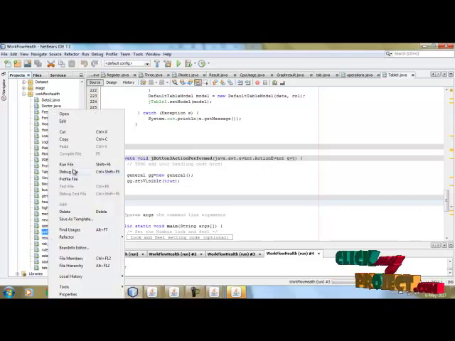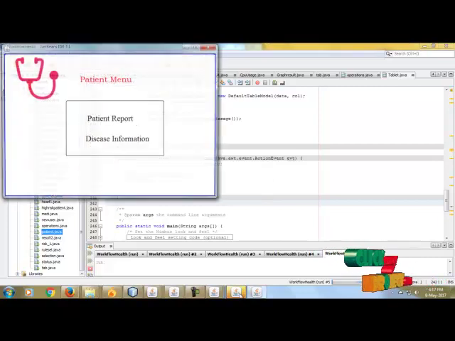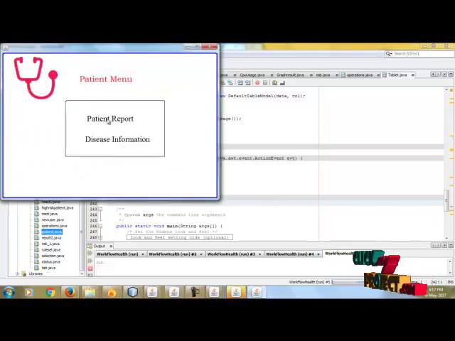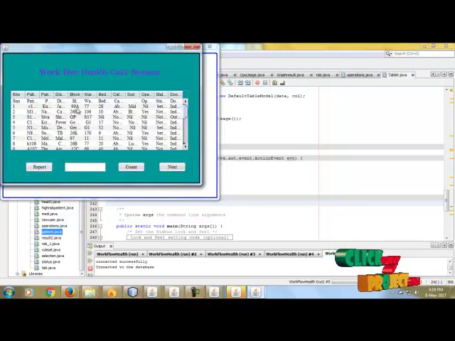Okay, so next we will click the patient. Next we will click the patient menu. Its process is going. Okay, and so this is the patient menu. So this is the patient report. So the patient report based information is found. Counting. So next,